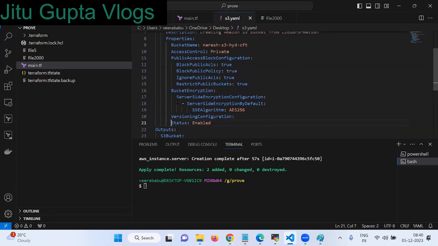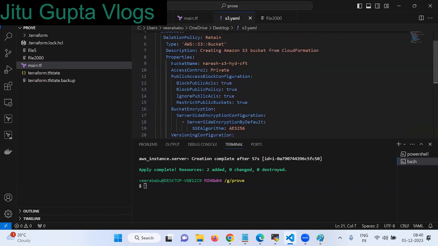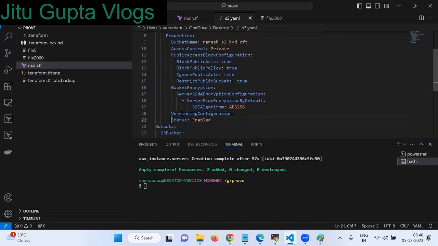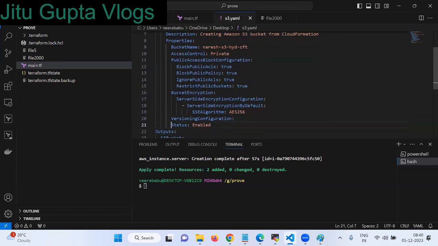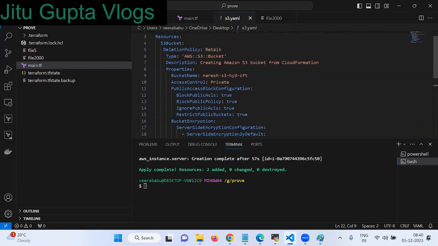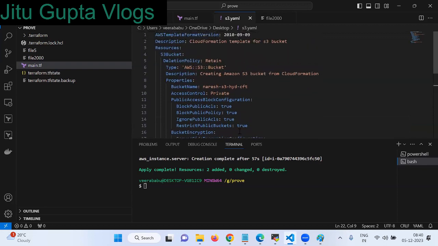If you give it like this way, it's parallel to bucket encryption, parallel to bucket name. So it will not work as a parallel, right? Version is inside, and you can enable or disable like this. Clear? So if you don't know how to write an S3 bucket template,